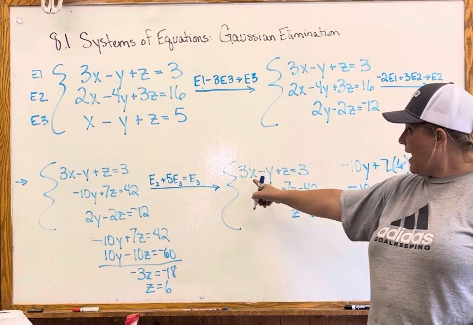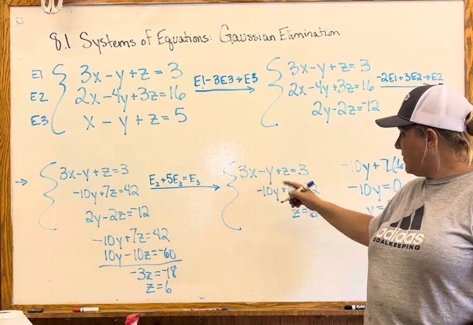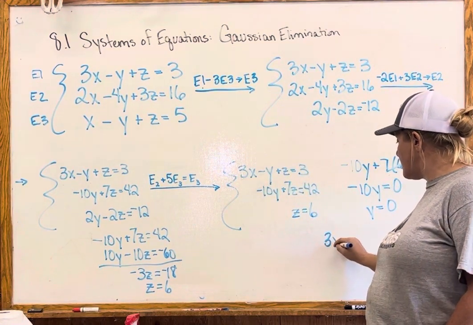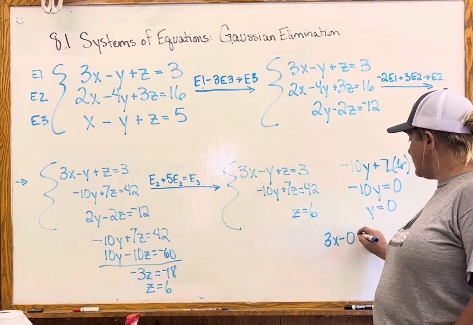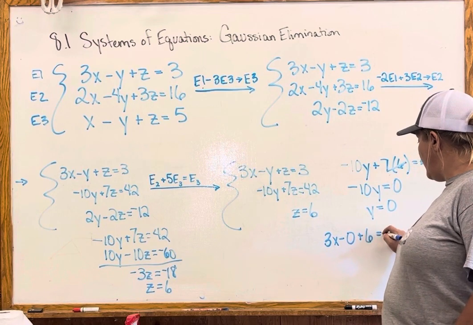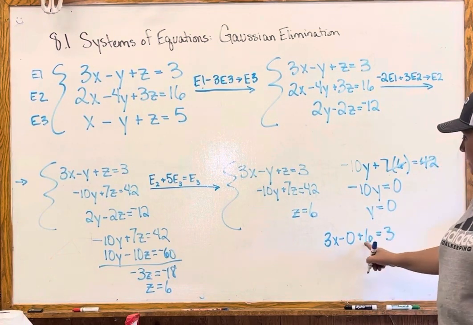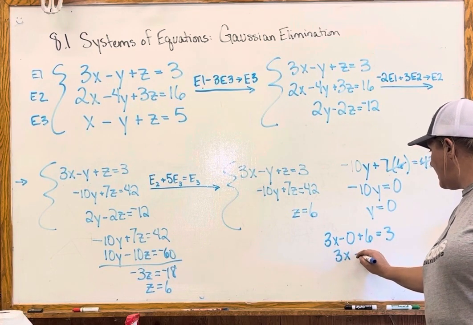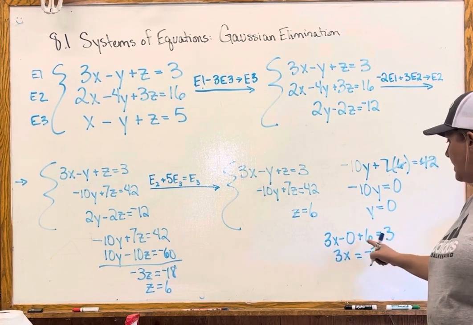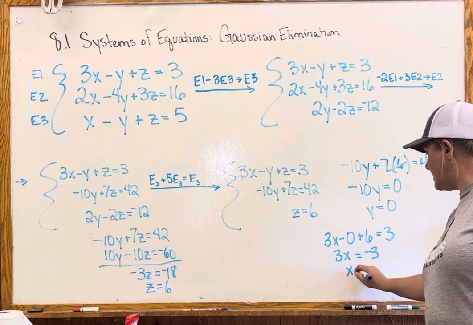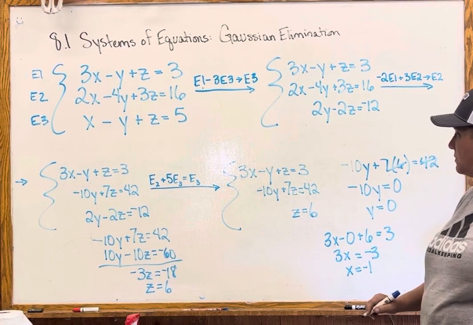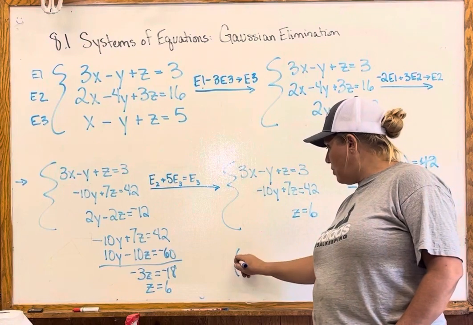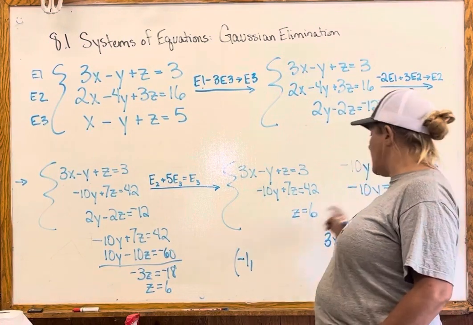Now we can plug that in here, the y and the z, so we have 3x minus 0 plus 6 equals 3. Subtract, so we'll have 3x equals negative 3, right, and so x equals negative 1. So we end up with the point negative 1, 0,